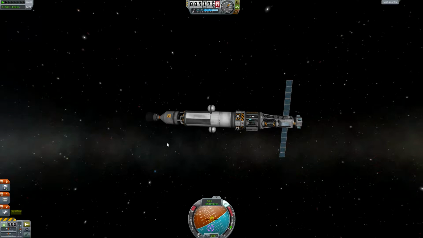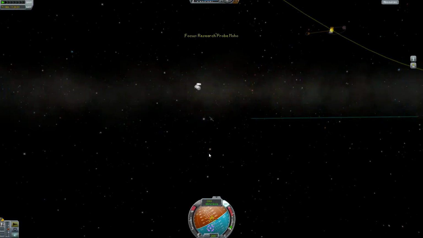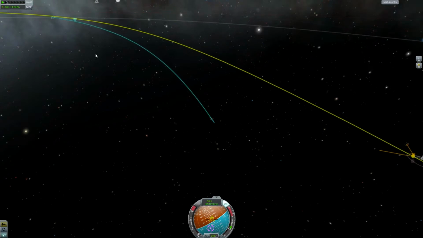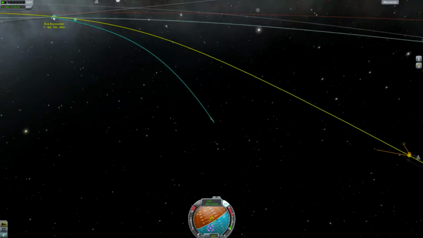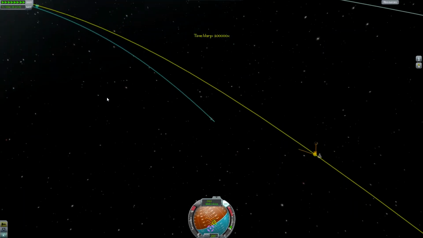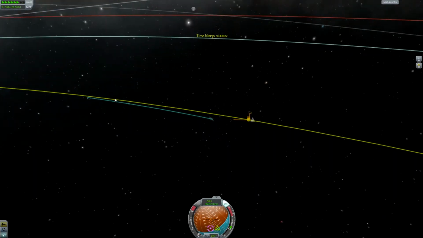We are currently flying with our Moho Research Probe and we are still out of fuel, on our final approach towards Eve. We are only 6 days and 12 hours away from Eve. Our maneuver is set up, so the only thing left is to wait until we arrive at Eve, where we can finally do our aero capture maneuver and